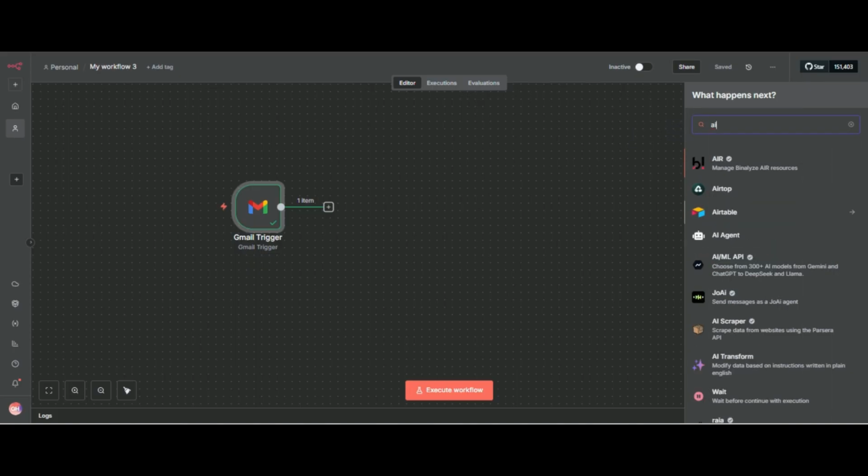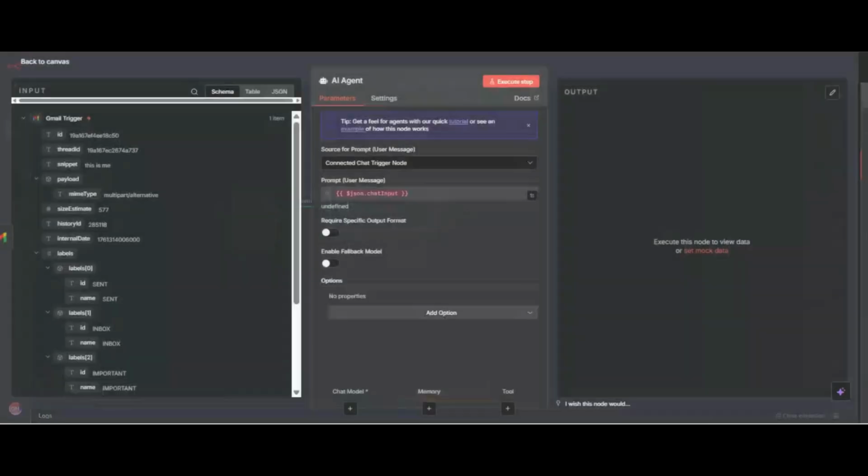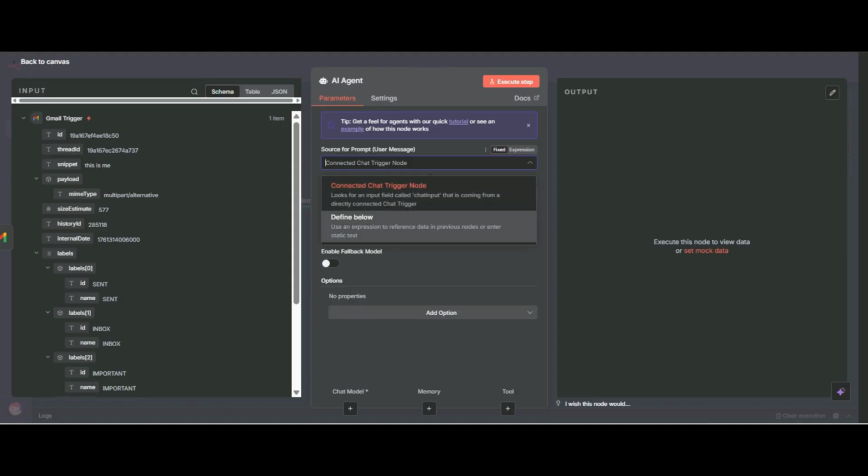Previously I told you that when we are using a chat trigger, we don't need to tell the AI agent what the message is, but now we have to tell the AI agent, so we will use define below because we are not using a chat trigger.